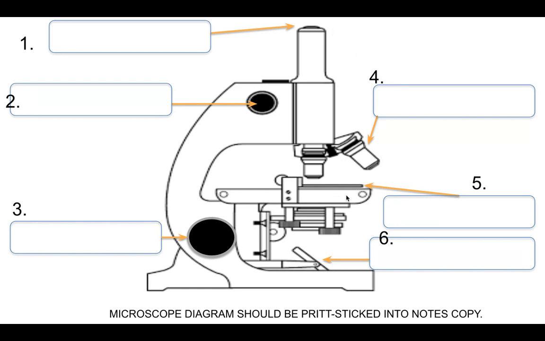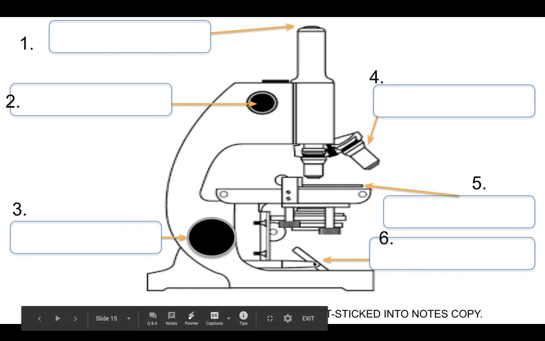Number 5 is what we call the stage. The stage is basically where we put the little sample that we're interested in viewing. That's all it does. Number 6 is the light source. On older microscopes, it used to be a mirror. The mirror used to shine the light through the sample. But on most newer microscopes, what we have is just a bulb, and the bulb will shine light through the sample so that when I